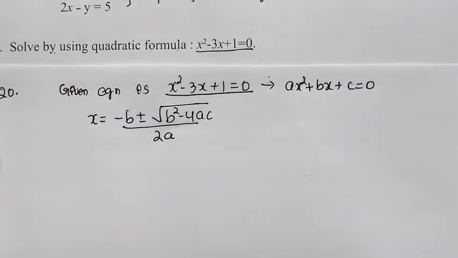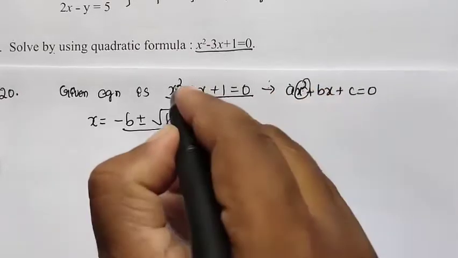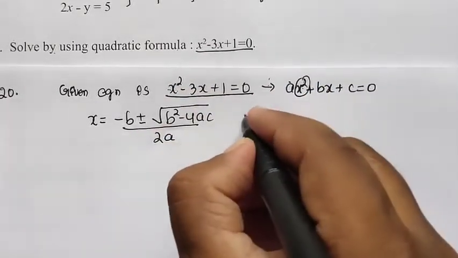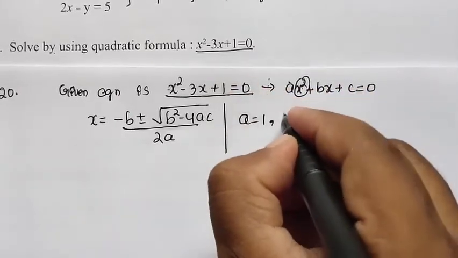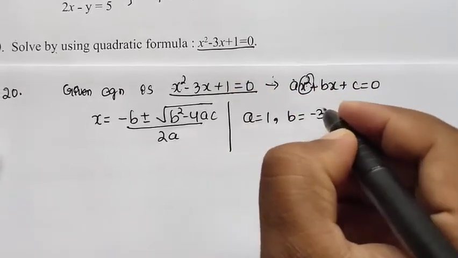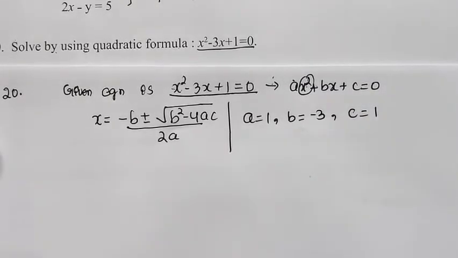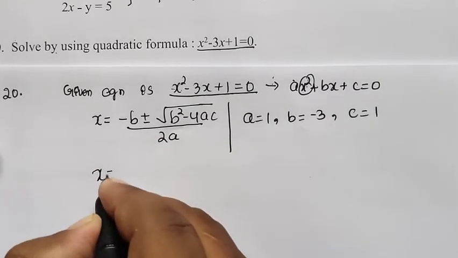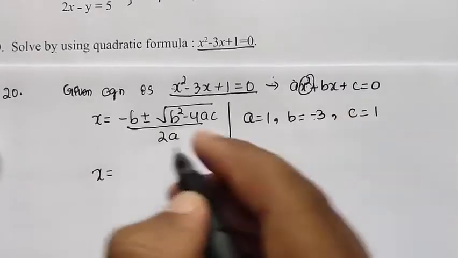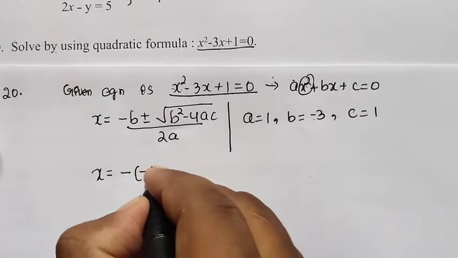कंपेयर करना है। सो यहाँ पर x स्क्वायर का कोफिशिएंट चेक करना है। x स्क्वायर का कोफिशिएंट यहाँ पे a इज इक्वल टू कितना दिया हुआ है, 1 दिया हुआ है। सो वी विल राइट हियर a इज इक्वल टू 1, b इज इक्वल टू माइनस 3 और c इज इक्वल टू 1 अगेन। तो यही अगर आप फॉर्मूला में सब्स्टिट्यूट कर दोगे, फॉर एग्जांपल यहाँ पे दिया हुआ है x इज इक्वल टू माइनस b, मतलब कितना होता है माइनस ऑफ माइनस, पहले यहाँ पे फॉर्मूला में है b का वैल्यू माइनस 3।